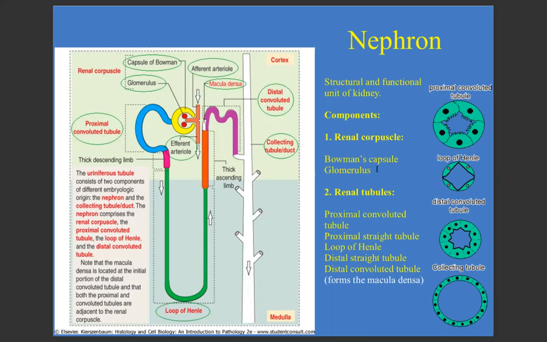The average volume of the ultrafiltratum is 180, 190 liters per day. So it's amazing. And then we have a tubular system for the absorption of 99% of this volume,